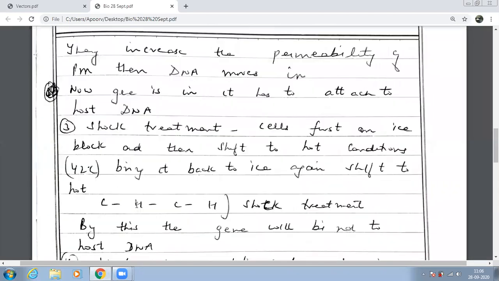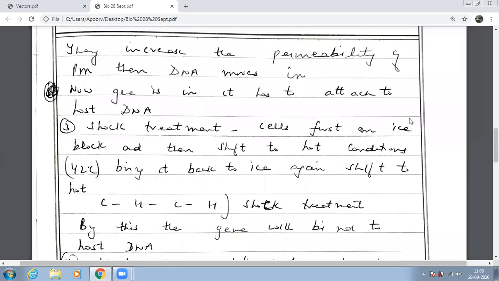Yes, calcium ions. The second method to make your host competent is the shock treatment method. What do we do in the shock treatment method? We give a heat shock. How does a heat shock feel? People from very cold countries, if they come to India, feel it like a heat shock. But we don't feel it. Why? Because they have come from a cold area to a hot area. So we are giving a shock treatment like this.